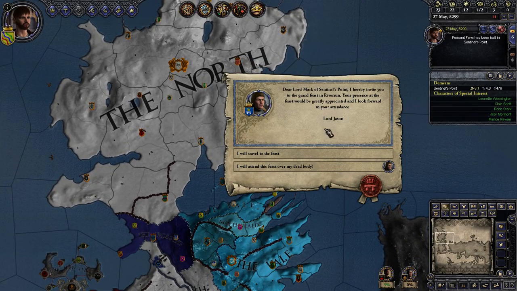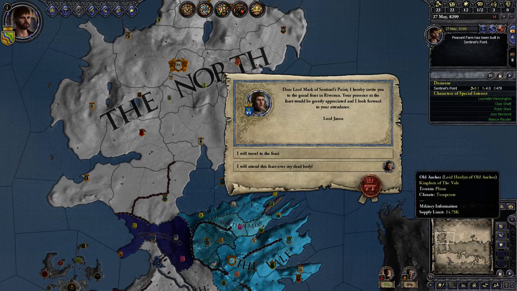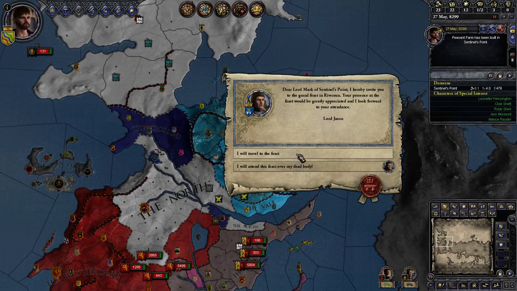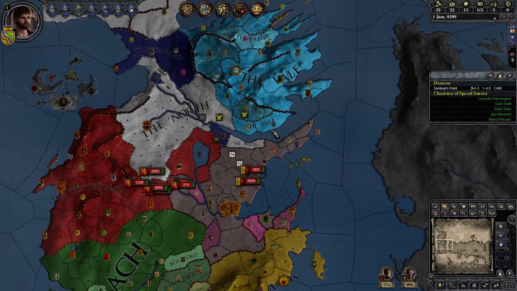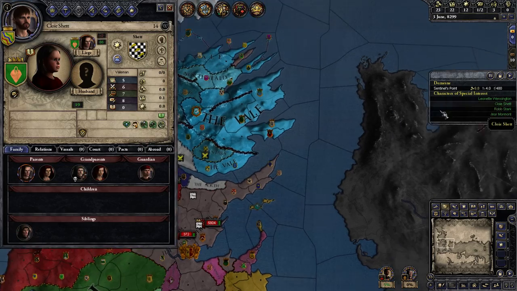Dear Lord Marks of Sentinel's Point, I hereby invite you to the grand feast in Riverrun. Of course, I will travel to that feast. And we have already built a peasant's farm. Very nice. Other than that, let's have a quick look, just so that we don't...